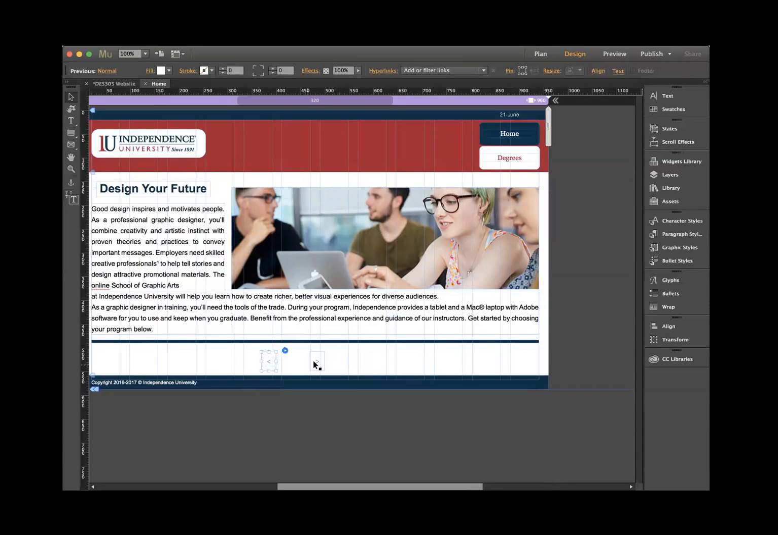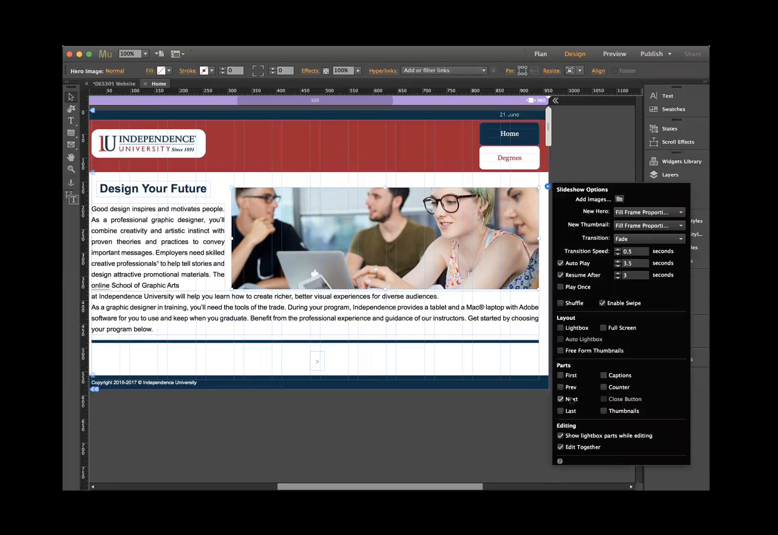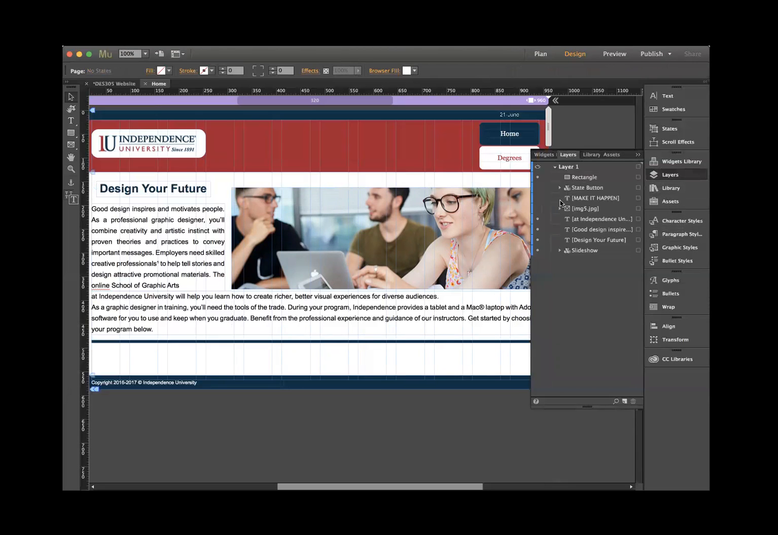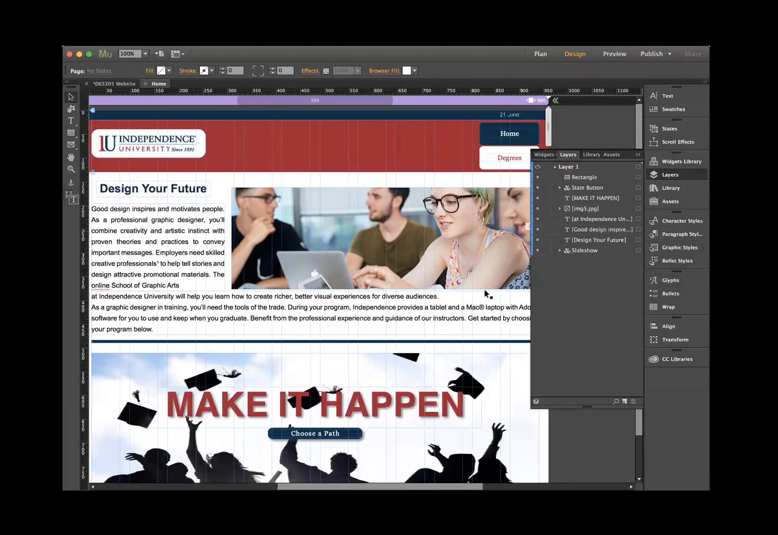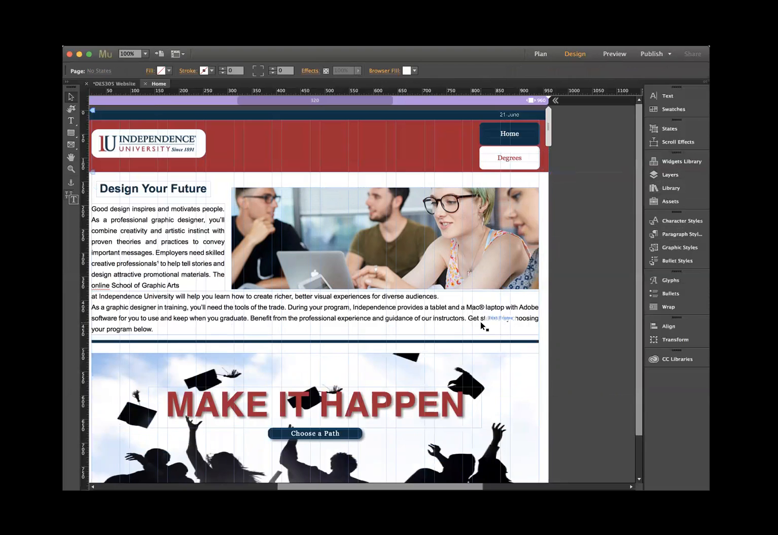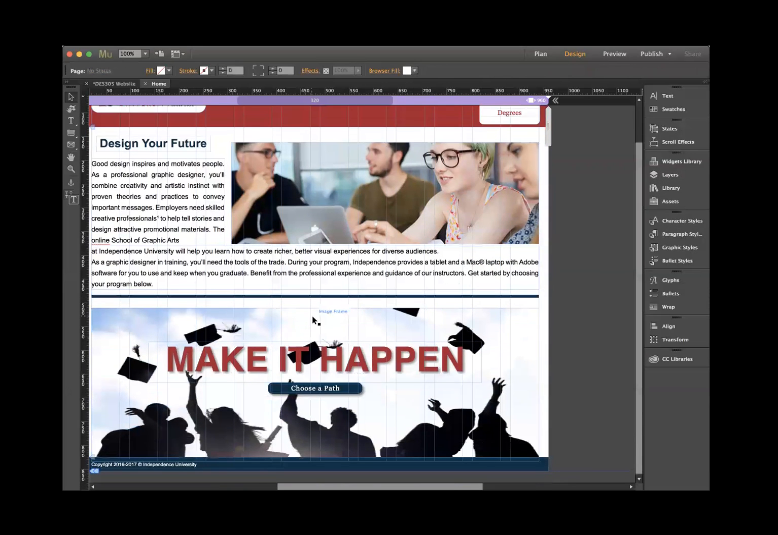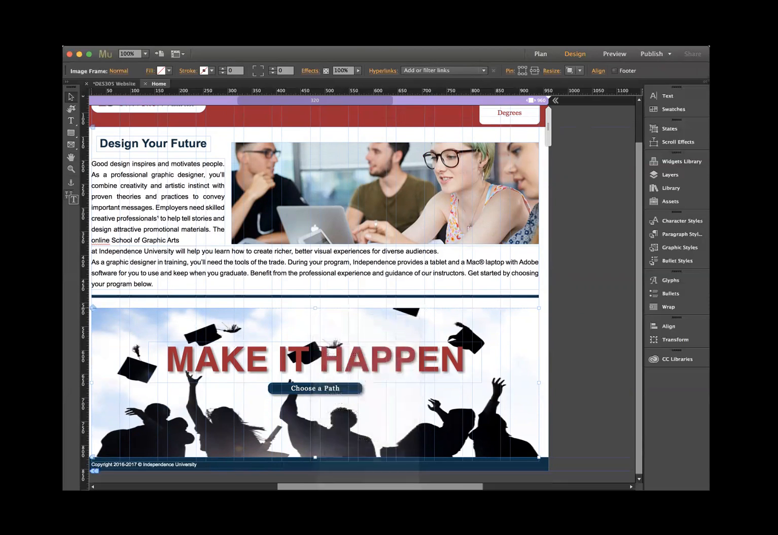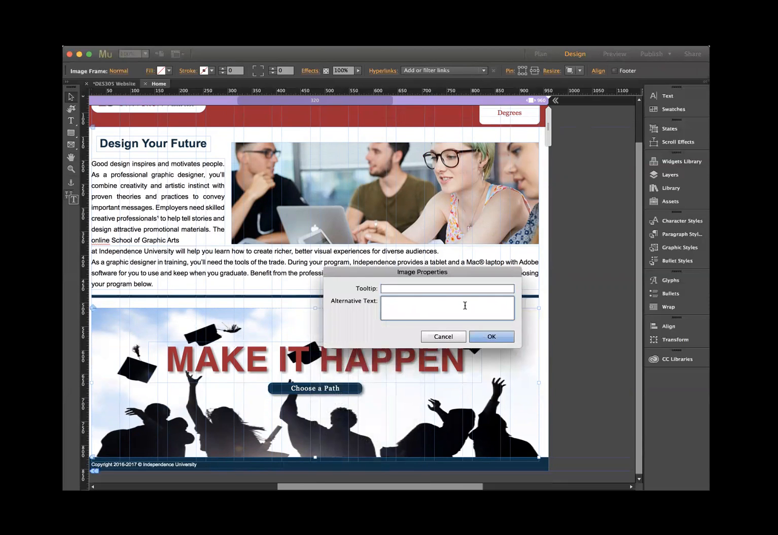Once you've done all your alt text, then you can go back and turn off your buttons so they're not there anymore. And then I'm going to turn back on my layers that I turned off so I can finish doing my alt text. So I have one more image on this page. I'm going to select it, right click, image properties, and